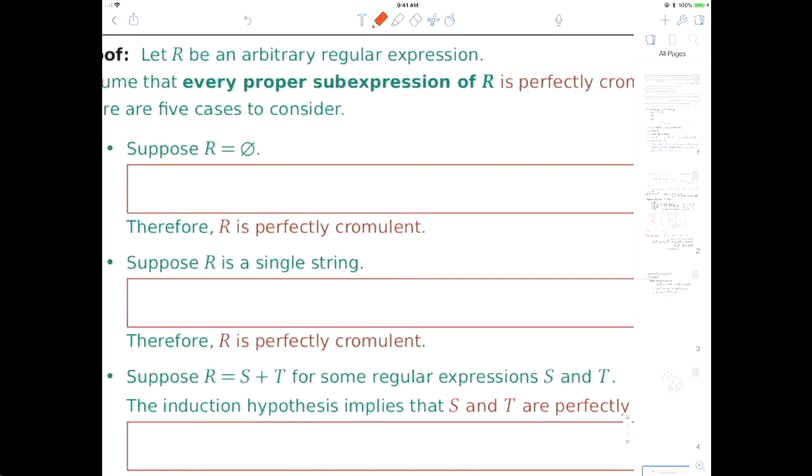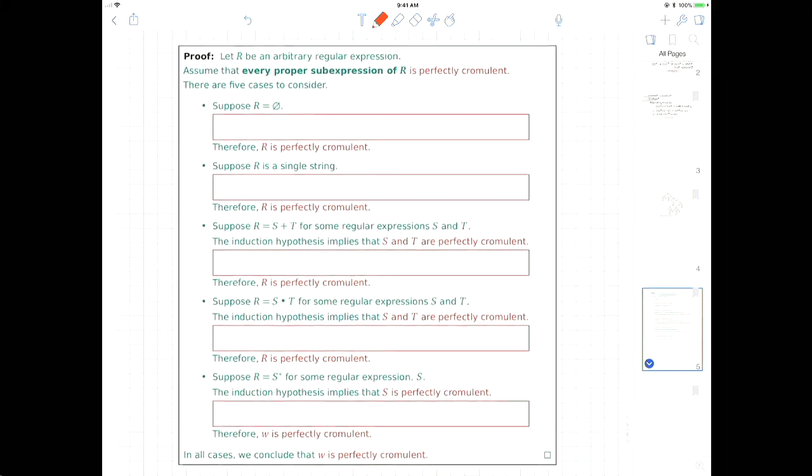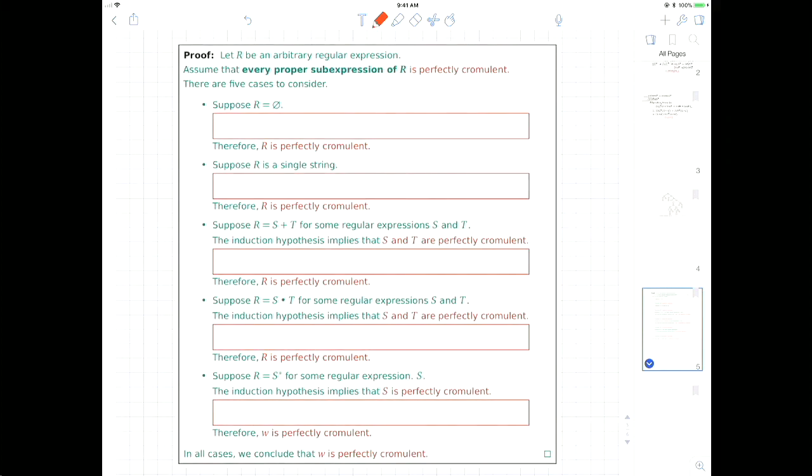So if I want to prove something about regular expressions, I'm going to follow the same induction template that I followed for strings. Now, it looks long, and that makes it look scary, but I want to point out that it is exactly the same template. So if I want to prove all regular expressions are perfectly cromulent, whatever that means, then I